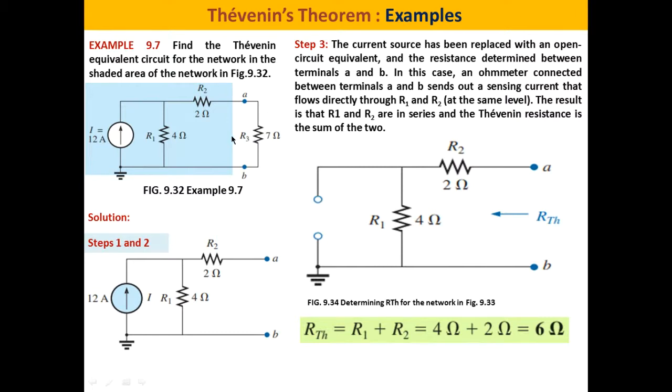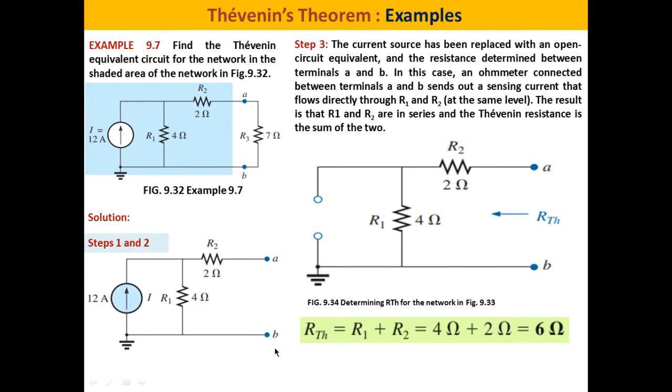So first of all, we have to go step by step. We have to apply step 1 and 2. What is step 1? It is to remove R3 first. So we have removed R3. Then we have to mark the terminals A and B. So here we have step 1 and step 2 done, because we have removed R3 and we have marked the terminals A